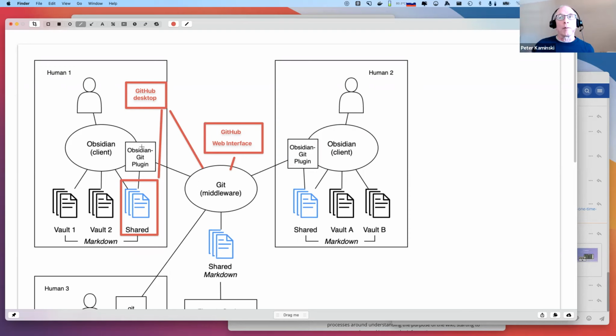So I said with accommodation though. One of the accommodations is, well, it's actually not that bad. I was going to say what you want to do is use the Obsidian Git plugin, but then you have to. So in this collection of stuff here,